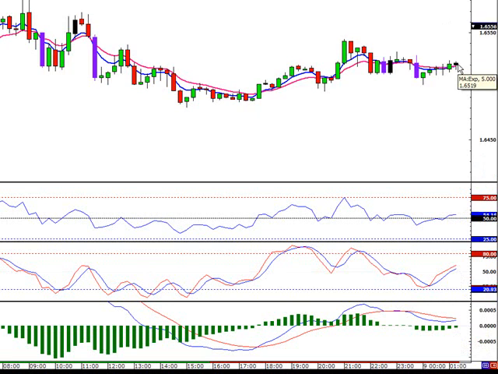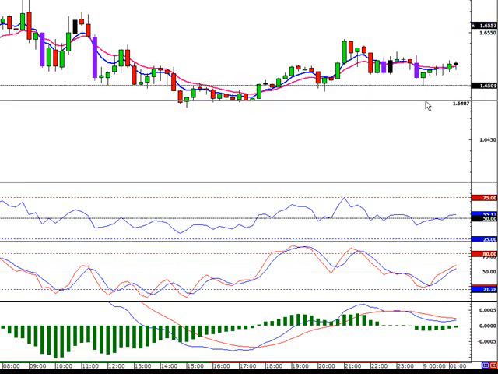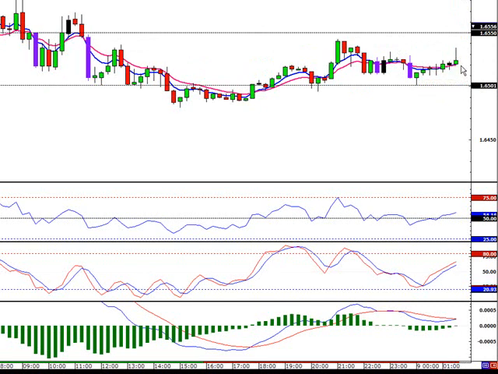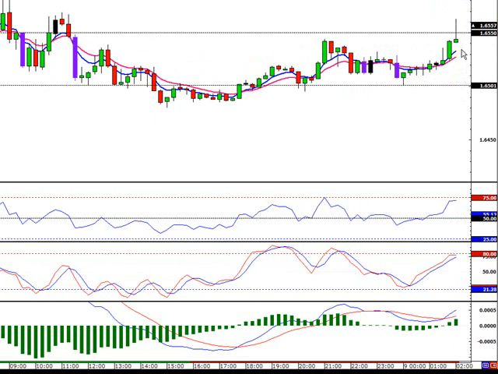Now you want to enter at the close of the candle, which is 65.22. You can enter as close as possible to it. You might not get in right at that price, but 65.22 is the general entry. Our stop's going to be at the most recent swing low at 65.01, and our nearest 0 or 50 level is right here at 65.50. Alright, so we're not near any news events, not until 4:30, so I can just let this trade ride out.